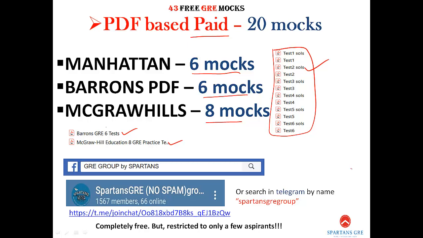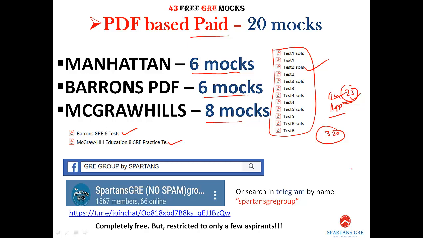So I cannot, on my own will, just randomly distribute on internet. So there are certain restrictions. So the clause here is, before solving this paid test, one should solve online based and application based. So that itself gives you 23 mocks. So even though you don't give all these 23, my intention is I will be giving these mocks only to a few people who are scoring more than 320 or around 320s in online or application based mocks.